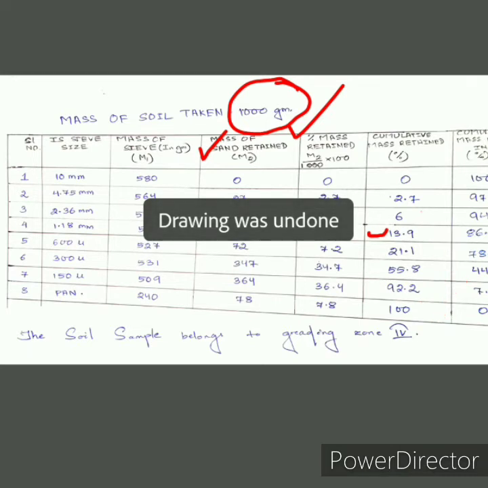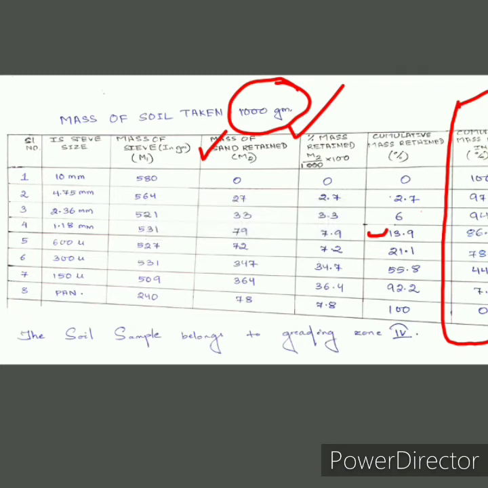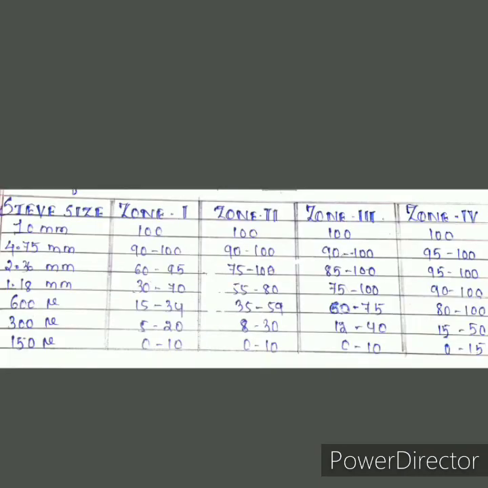So from this table, the percentage passing values are taken and compared with another table which has been specified by Indian Standard Code to find in which grading zone this soil sample belongs to. So this is the table